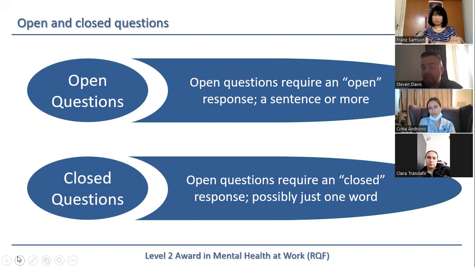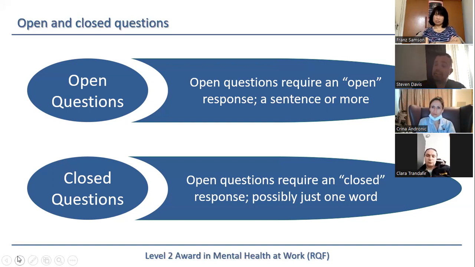So the only way in which we can manage this situation is by, first of all, asking them, are you planning suicide? Are you planning to end your life? Quite a brave thing to ask somebody. If they're not, they're just going to go, no, I'm not. Nobody gets angry. If they do get angry, that's probably a red flag. So are you thinking of killing yourself? Are you thinking of ending your life? Depending on how you want to ask that question. Don't leave it ambiguous. The first question has to be, are you thinking of killing yourself? Don't say, are you thinking of harming yourself? Because again, harming is very different to ending your life. So are you thinking of ending your life?